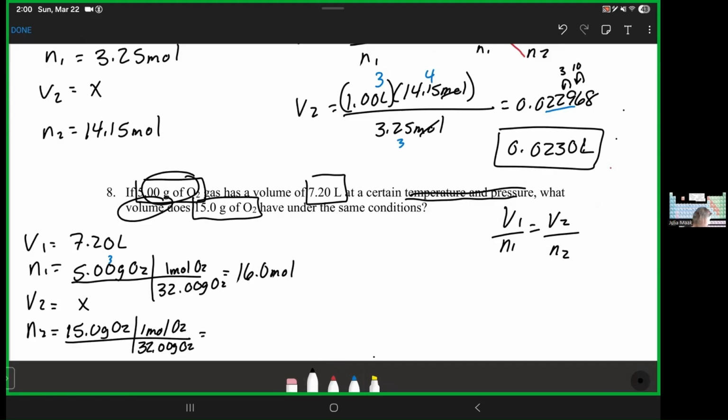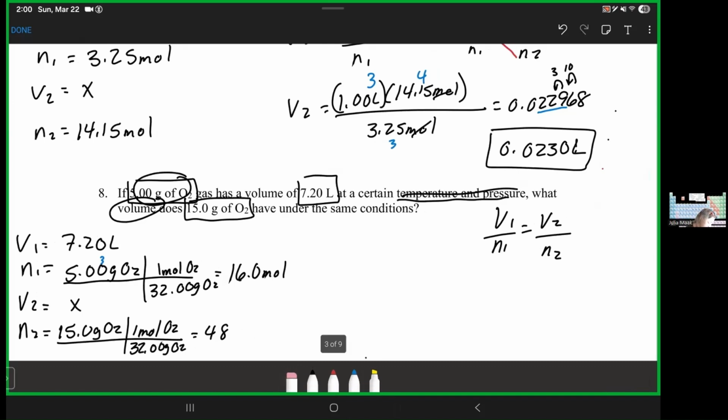Okay, so when I do that, I get 480. That cannot possibly be true. Hold on, I have something wrong here. Nope, I calculated wrong over there. So my 15 divided by 32. Oh, I did my other one wrong too. I have both of those wrong. So hold on a second here. So I get